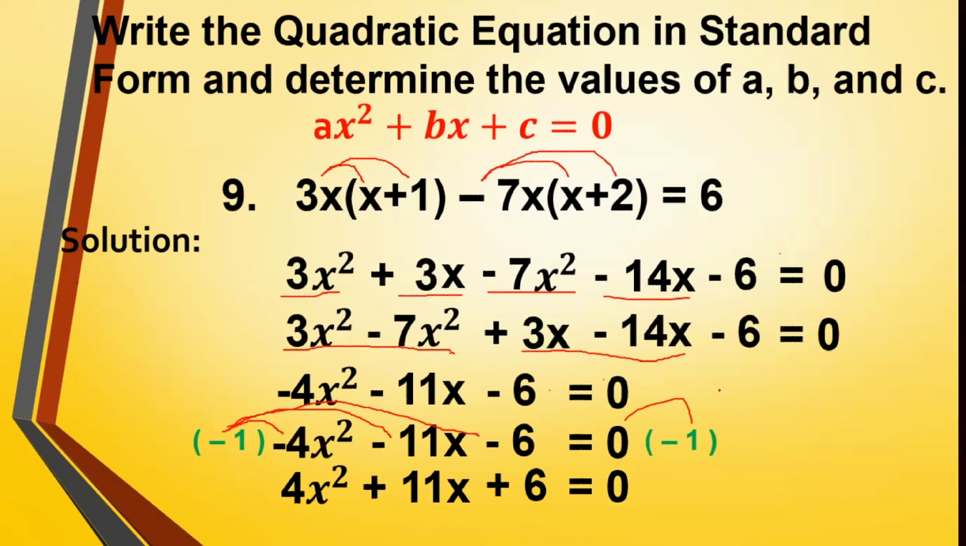Final po. Standard form or not? Standard form. Okay, if it is standard form, so what is the value of A? 4. Okay, 4. Very good. How about the value of B? 11 po. Tama, positive 11. How about the value of C? 6. Okay, positive 6. Any question po about sa example number 9? Wala po. Kung wala ng question po,